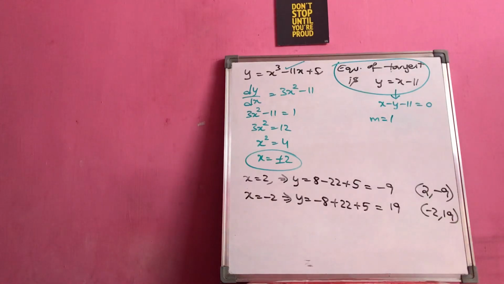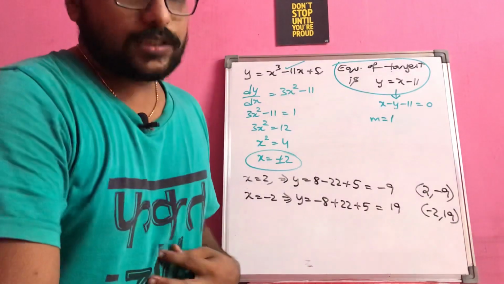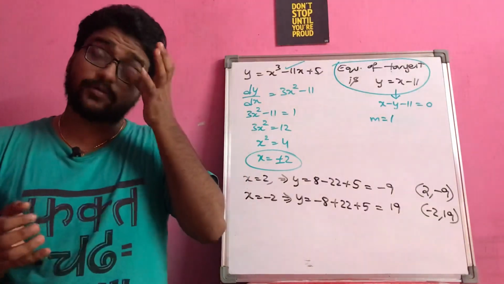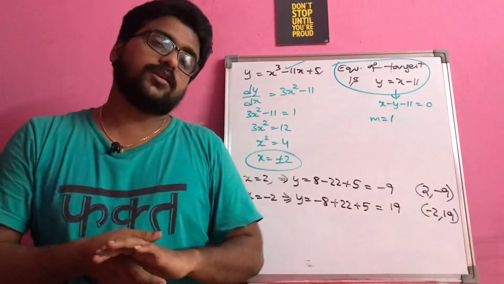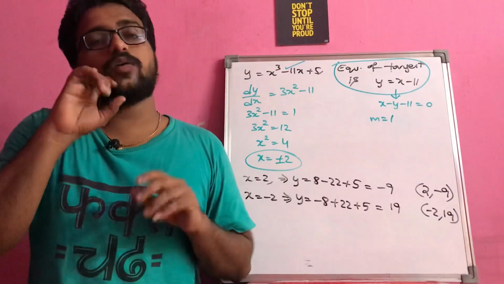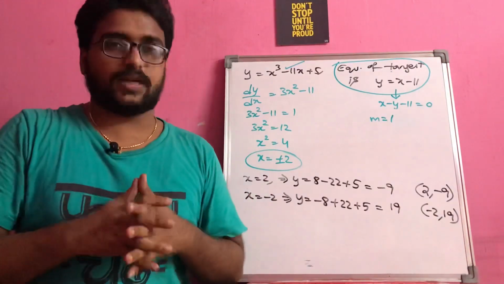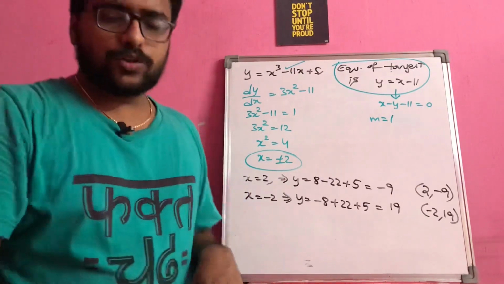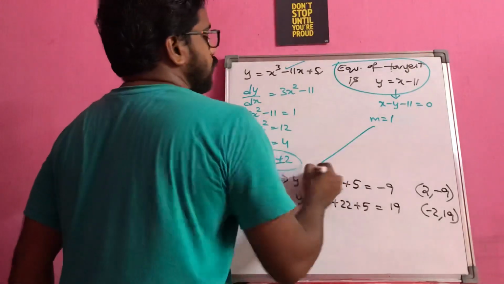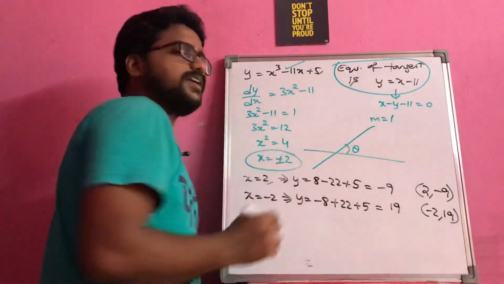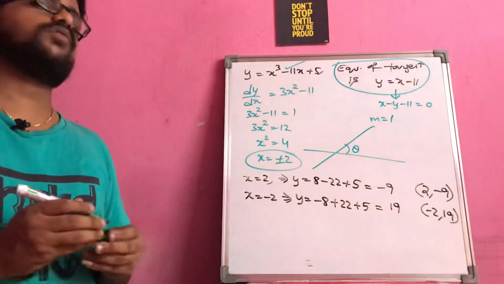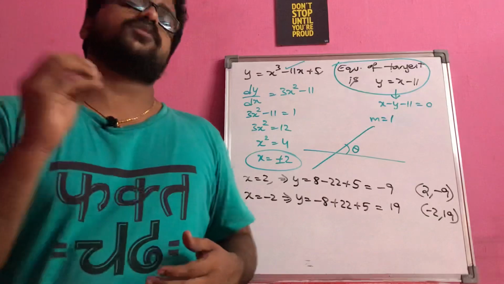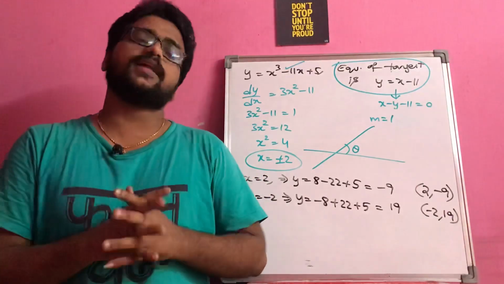Okay. So in the next class, we are going to discuss some more interesting and important models with respect to tangents and normals, where we are going to learn what is the angle of intersection. See, it is not a new concept for you. Usually, we get an angle when two lines are intersecting, they make an angle theta. So this concept only we are going to learn with the equation of tangents and normals with the concept of derivatives. It is not anything new to you.